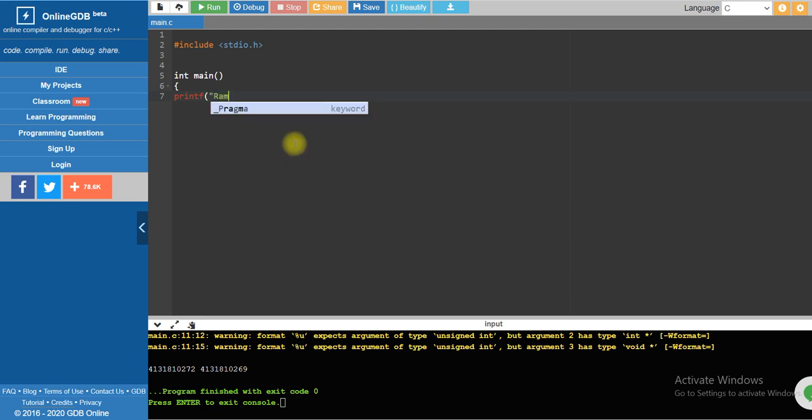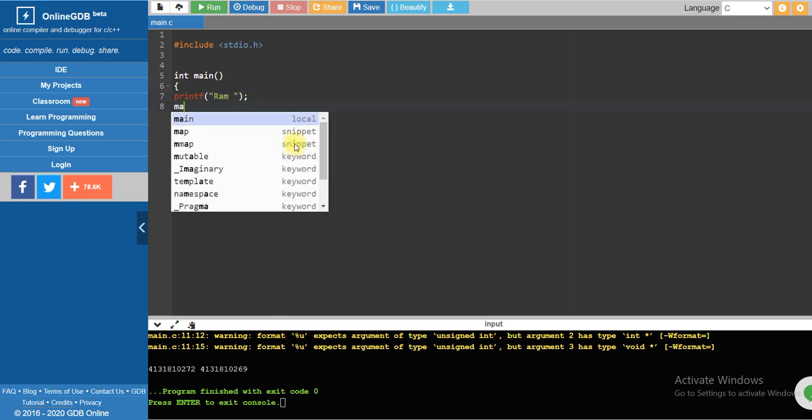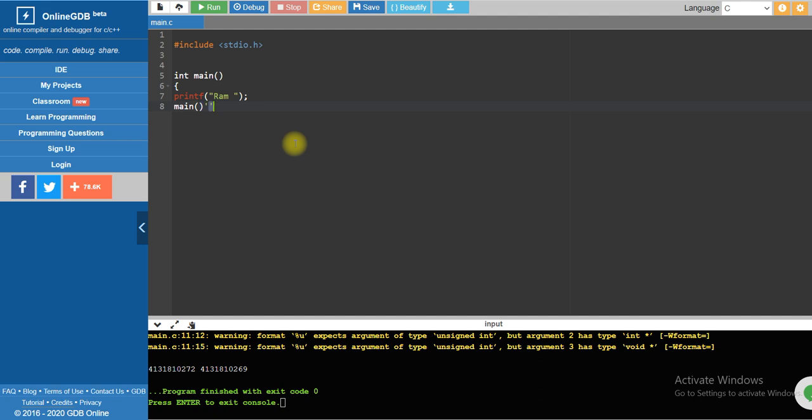RAM, right? And I am going to call main again, and return 0.